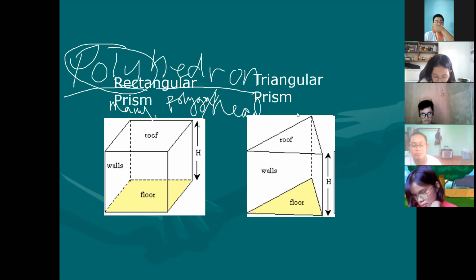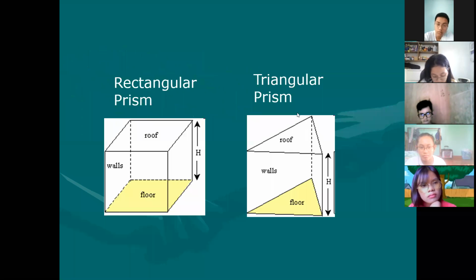Whether it is a triangle or a rectangle or a square base, all of the faces of a prism and a pyramid are flat faces. Now, let's go to a cylinder, a cone, and a sphere. Do we have a flat face of a sphere? Do we have a flat face for a sphere, class?